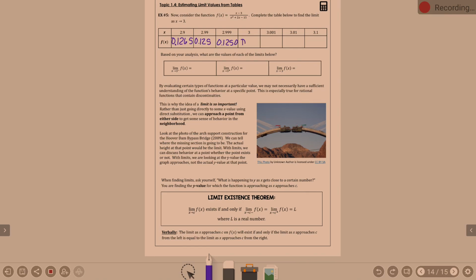It doesn't exist. I think your denominator equals 0 though. Okay. 0.1249, 0.1248, and 0.1234. So,